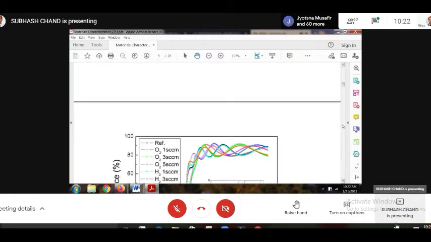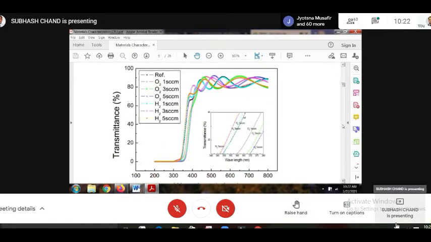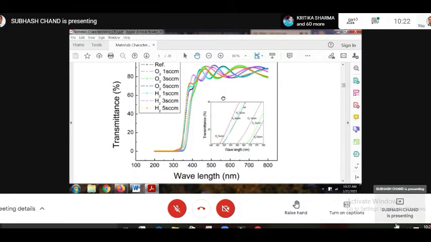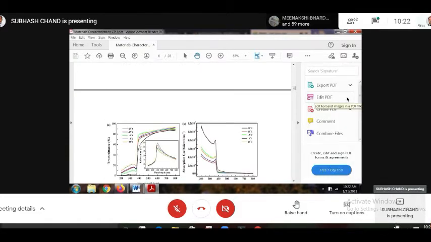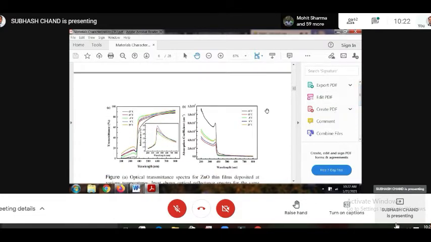You can see it will be like this. Okay, this is the typical plot of the spectrophotometer, where you get transmission coefficient versus wavelength. So you get this plot, wavelength from 100 angstroms to 800 angstroms, and you may have a plot where you can get the absorption coefficient. This is the absorption coefficient versus wavelength. So it depends on what you want to plot.